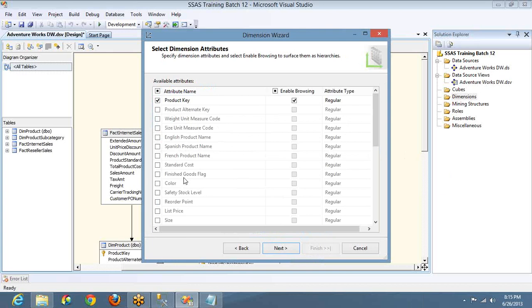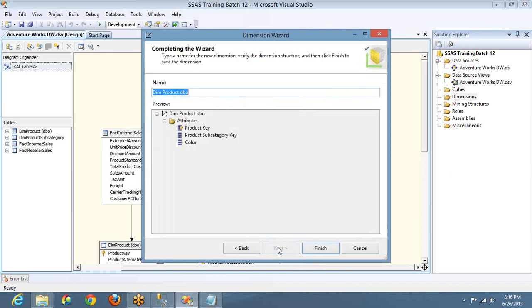to meet my requirements? My requirement is to display the sales based on color. So I just need color. Click on next, and dim product DBO, I don't want that name, I'll name it as products.